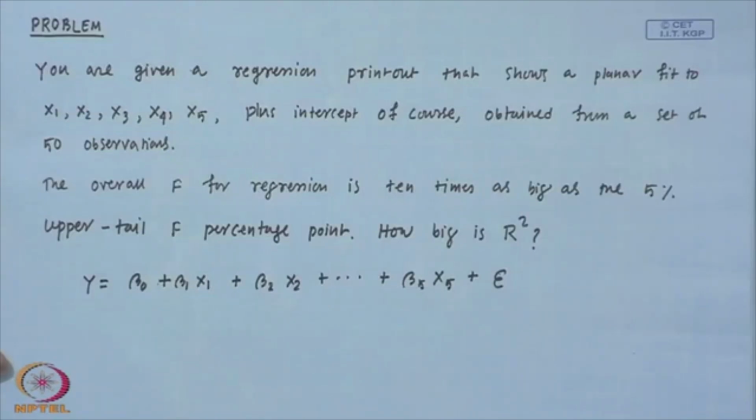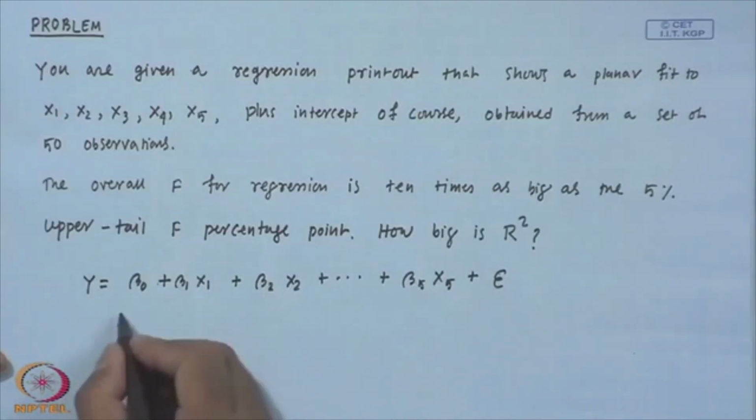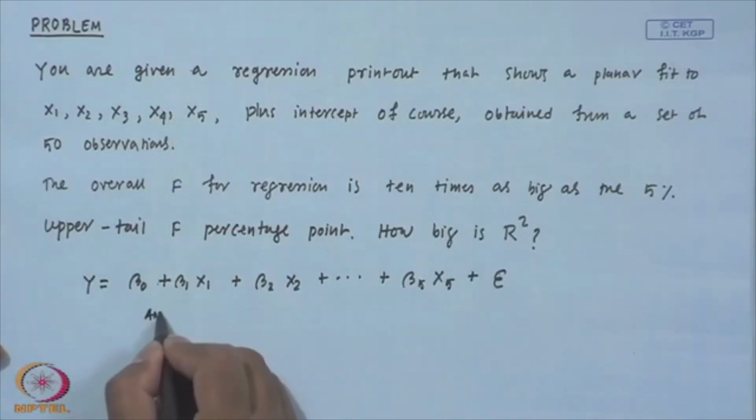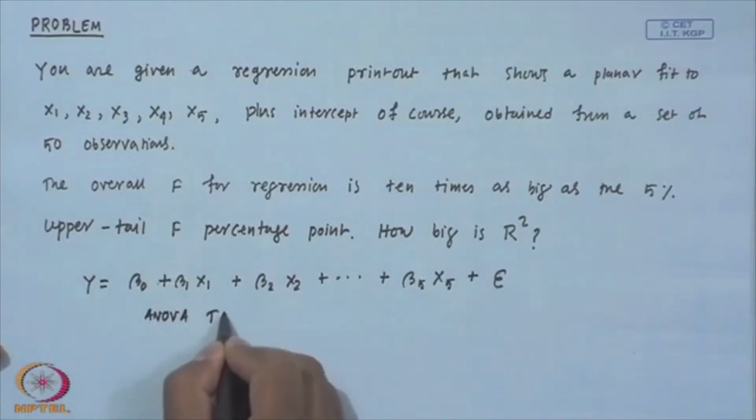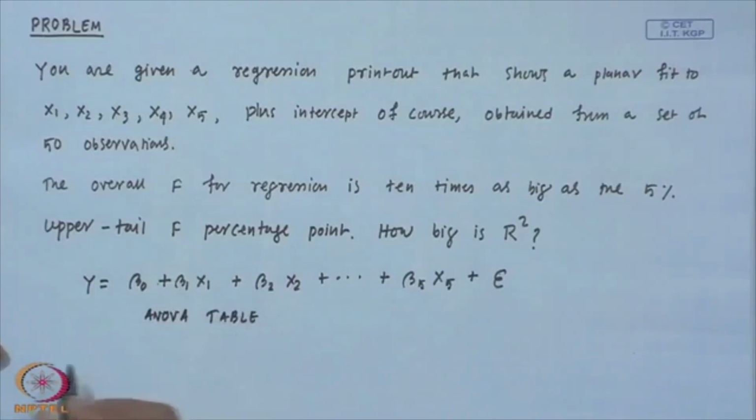And this model is fitted on 50 observations. So, we can quickly have an ANOVA table, where just the degrees of freedom are important. Total degree of freedom is of course 49,